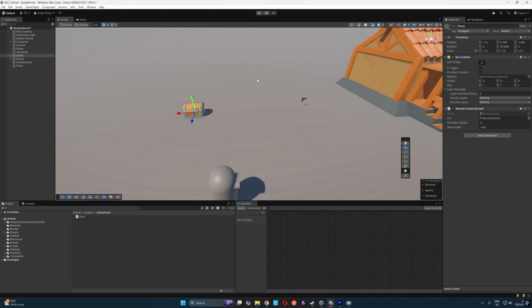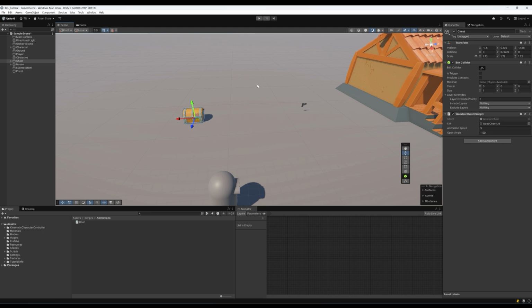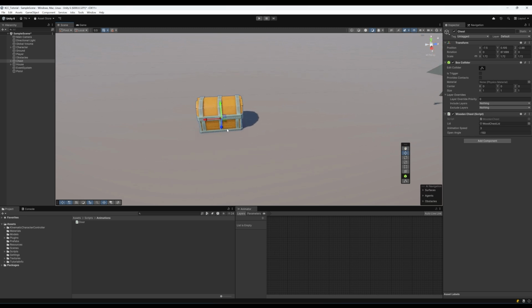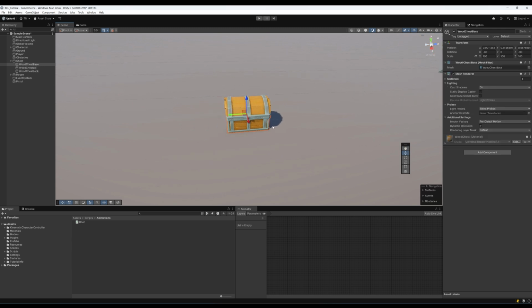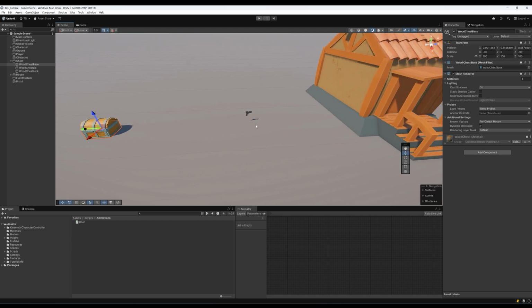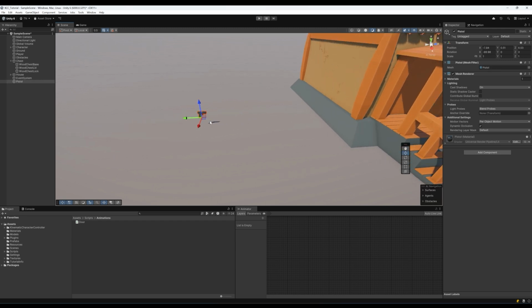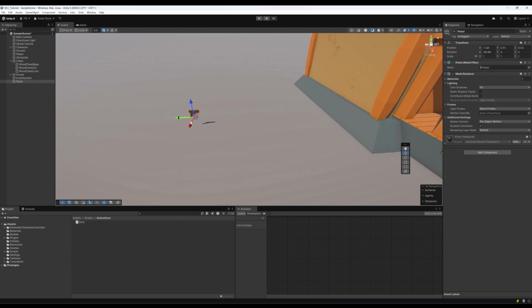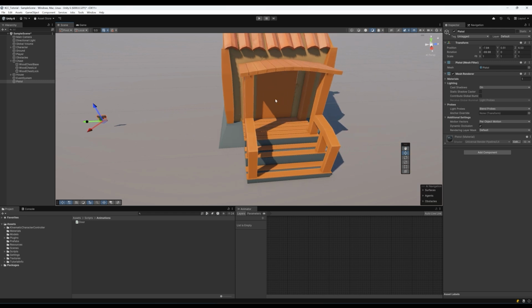Everybody. In today's video, I'm going to be showing you how I go about animating objects in Unity. We're going to cover two of the approaches I usually take. One when I'm animating slightly more complicated objects like this treasure chest, which has multiple objects like the lid and the lock and the base. And then how I go about animating simple things like maybe a rotating pistol that's a pickup, or this door